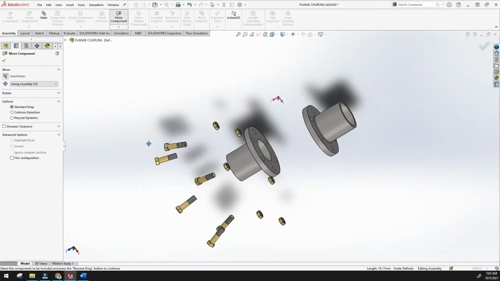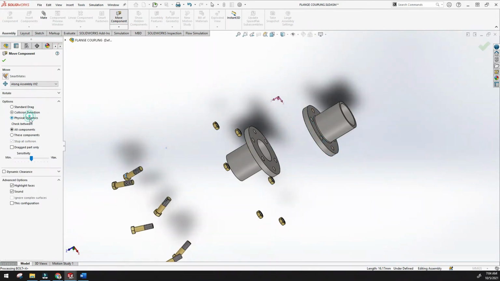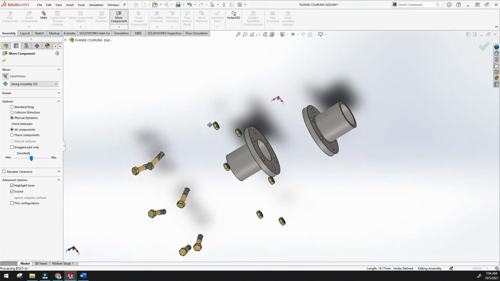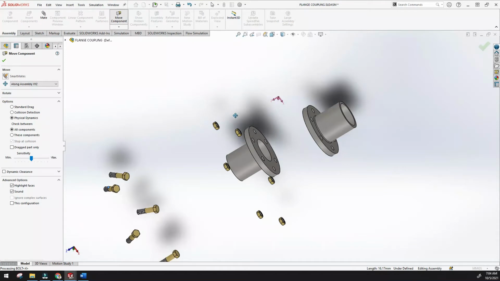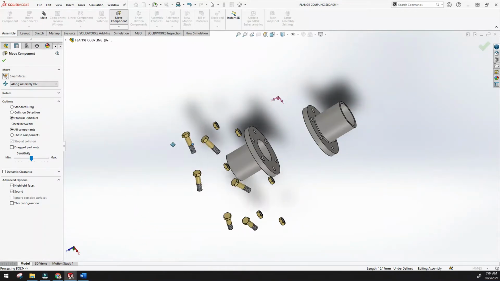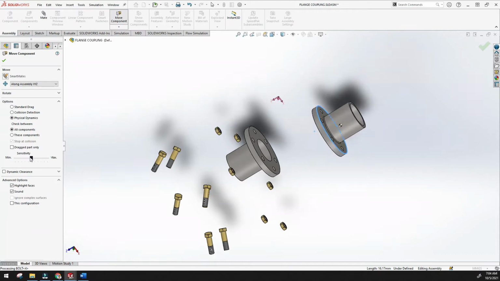Standard drag is like this, and then collision detection, so it will close like this, and then the physical dynamics option, so it will move like this. Whenever you try to move, just click the mouse left button and drag it, and it will move like this. And sensitivity has options like minimum and maximum, how fast you are going to move. You can use this one, so it will move faster like this.